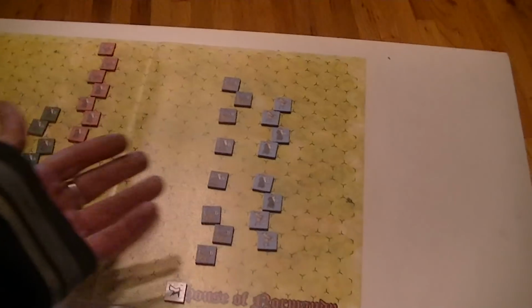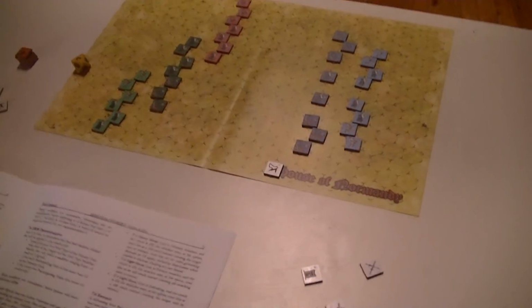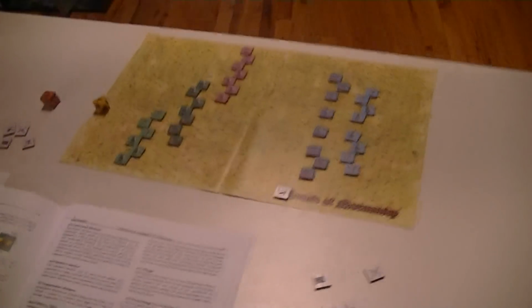I honestly don't know what I want to do. I don't really want to close all that much. Horsey action, I think, is a three-point movement. I could do a movement and a horsey action, couldn't I? No, because horse happens first, so then I wouldn't get to attack. I don't really want to do that. He could...